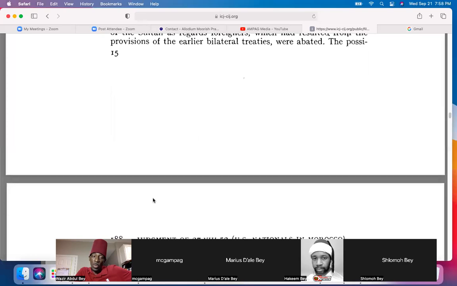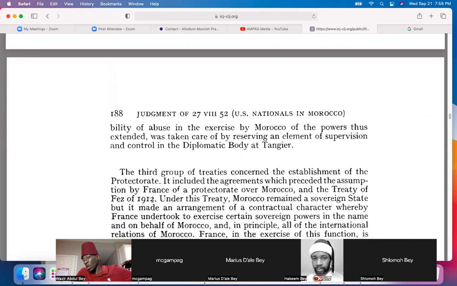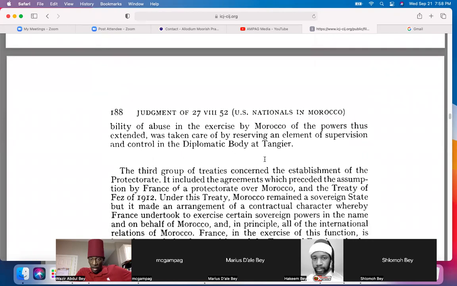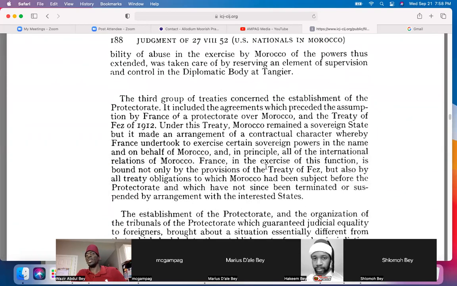The possibility of abuse in the exercise by Morocco of the powers thus extended was taken care of by reserving an element of supervision and control in the diplomatic body at Tangiers. The third group of treaties concerned the establishment of the protectorate. It included the agreements which preceded the assumption by France of a protectorate over Morocco and the Treaty of Fez